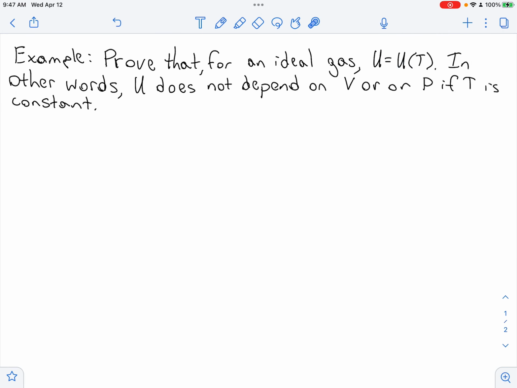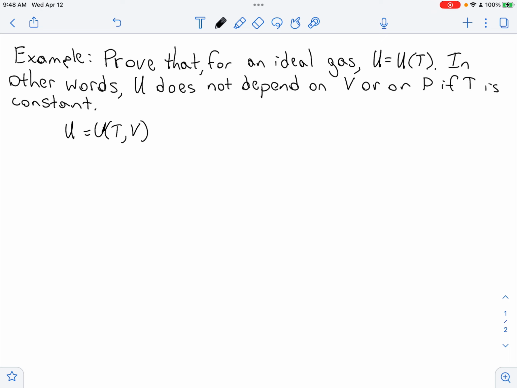In this example, we're asked to prove that for an ideal gas, u is a function of T only. In other words, u will not change with V or P as long as T is constant. Let's just spend a little bit of time describing this in mathematical terms. What this means is that if I represent u as a function of T and V,